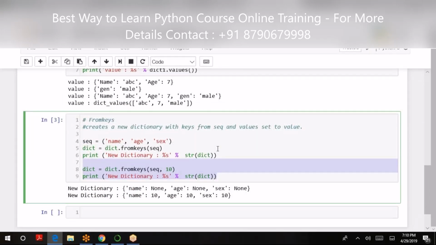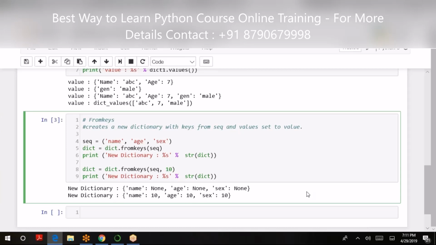Now fromkeys. There was nothing mentioned, so name was none, age was none, and sex was none. Now instead of that, we passed the attribute value as a name, and now my new dictionary can be generated as name is 10, age is 10, and sex also is 10.